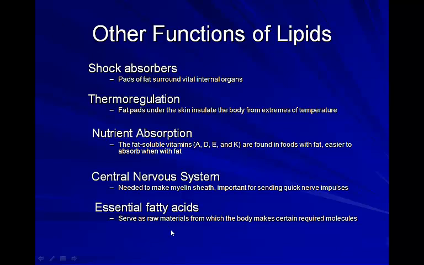And then there are some essential fatty acids, and some of these actually are linked to the nervous system, but there are some fatty acids that our body can't make. Lots of times our body can consume certain types of fatty acids and then convert them into fatty acids that it would need to do certain functions. But there are some elements that are just not convertible.